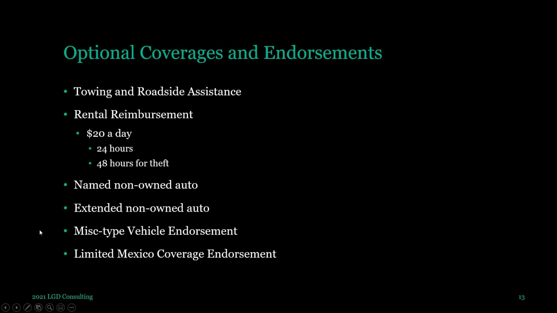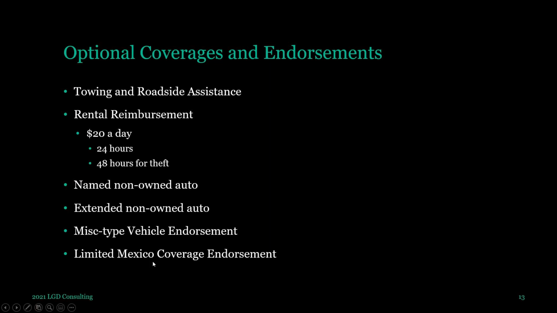Your policy does not cover you in Mexico at all, at all, at all. Okay, keep that in mind. That's one of the questions you may get. But then you get another question. If someone purchases the limited Mexico coverage endorsement, how far will it cover them? And it'll cover them up to 25 miles into Mexico from the U.S. border. Remember, it's 25 miles from the U.S. border, not 25 miles from the Mexico border. There's a little bit of a zone there between the two. Okay, and we'll cover you no more than 25 miles into Mexico from the U.S. border for no more than 10 days. All right, so this is very limited coverage to go into a border town in Mexico.